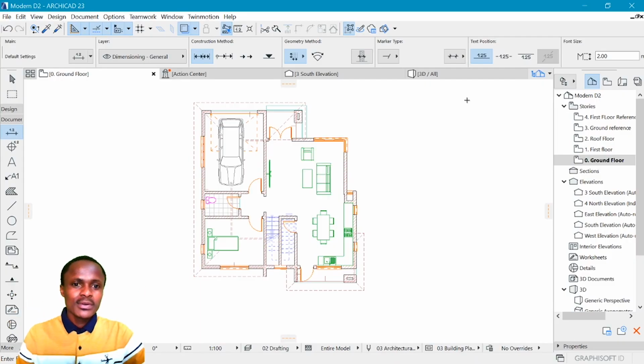Alright, tip number 2 is placement of the dimensions. So once you have everything set up, you want to start to dimension. And make sure that in the geometry method you have something like this selected, because then it will be easier for you to place the